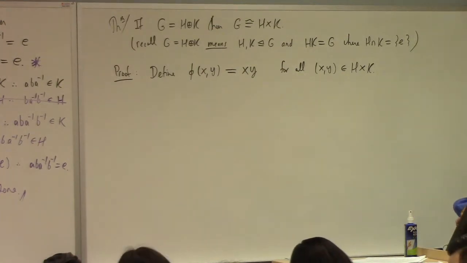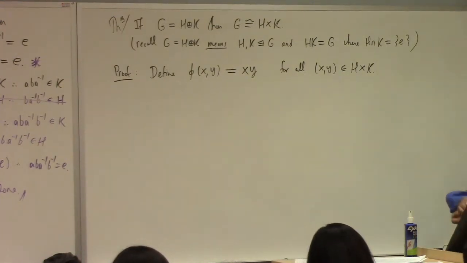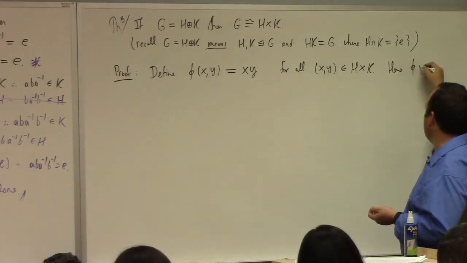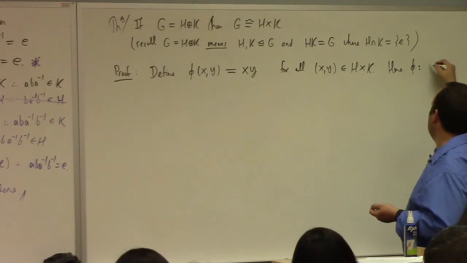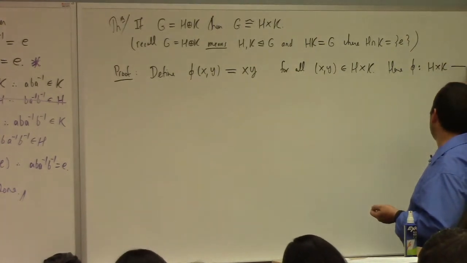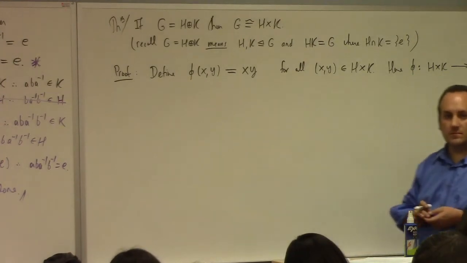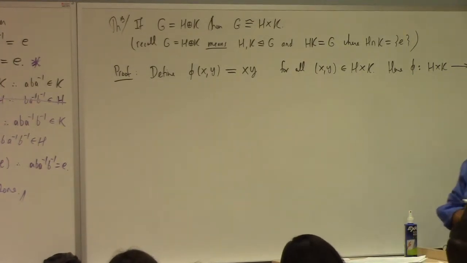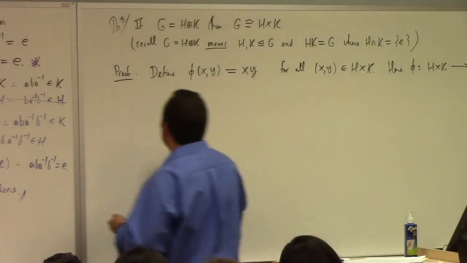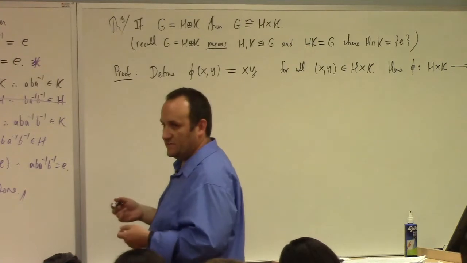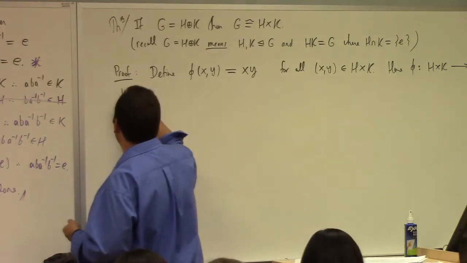So that is, in fact, a mapping from where? So here, phi is going from where? It's going from H cross K to G, yeah? I will show that that is an isomorphism. Okay? So let me actually start with the proof that it's onto